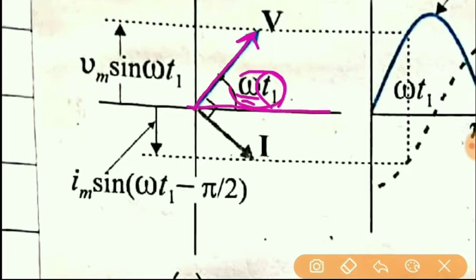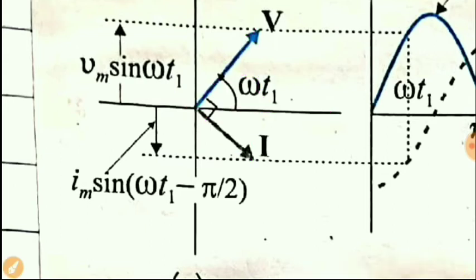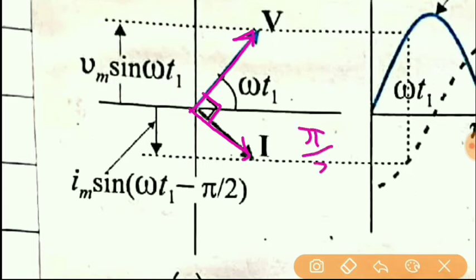This much angle will be omega t1. At that time current will be here in such a way that the phasor of v and I will make an angle 90 degree. 90 degree means it is pi by 2, and you can see here the rotation is